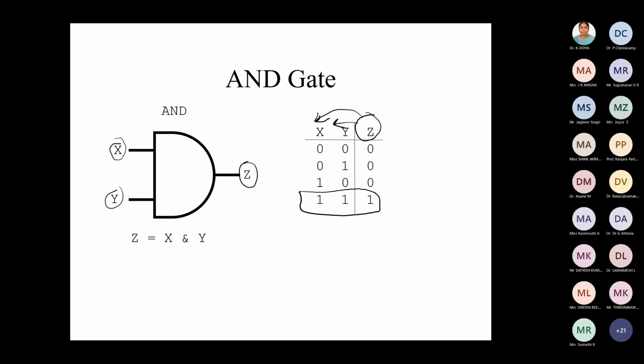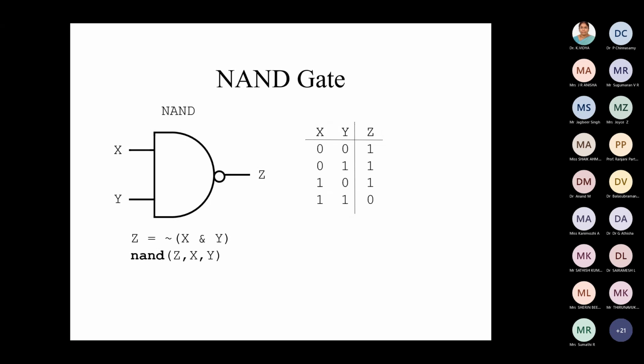Is it okay? Yes, sir. So tell about this NAND gate. Can anyone explain what this NAND gate does and what is special about this gate? If any of the input is 0, we get a logic high output. Sorry? If any of the input is logically low, we get a logic high output. Perfect. So high means 1 and low means 0. So correct. What is special about this gate?